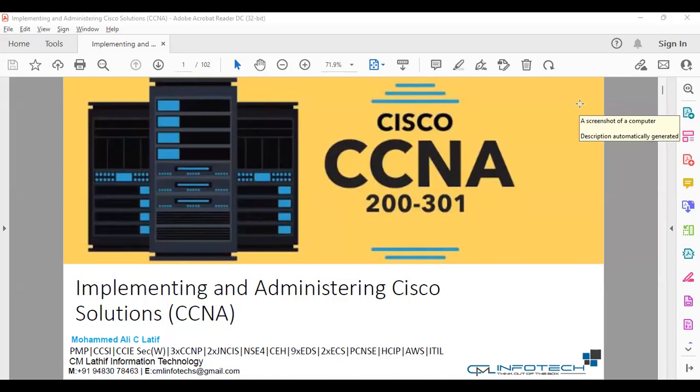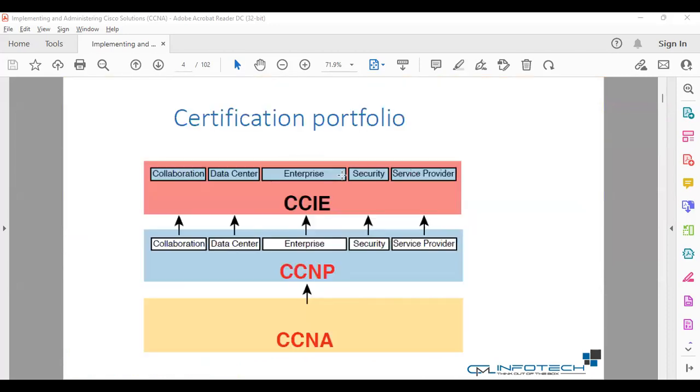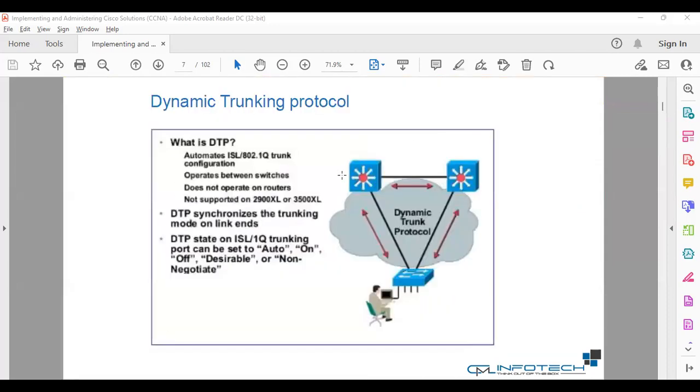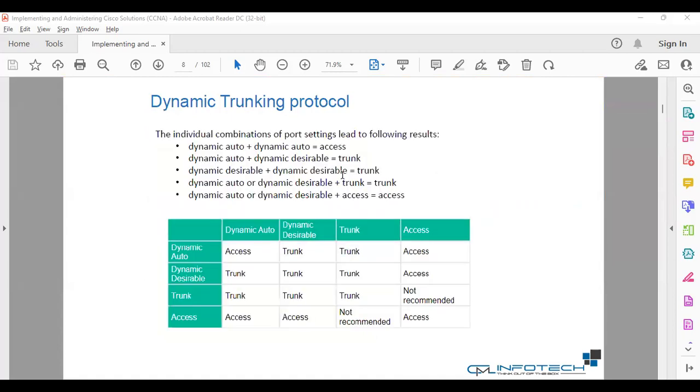We're talking about today Day 10, Part 2, trunking from Cisco CCNA. So we're talking about the trunking methodology. So here you can see